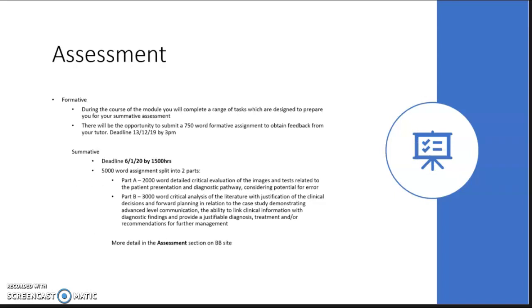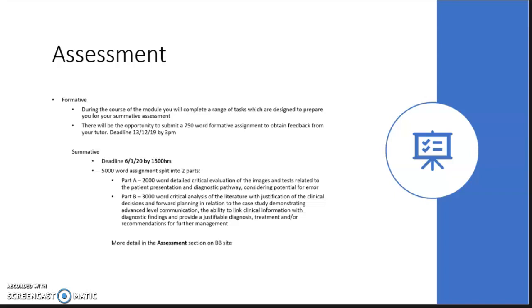So for the assessment side of things, your formative assessment will, during the course of the module, give you a range of tasks which are designed to prepare you for your summative assessment. There'll also be the opportunity to submit a 750-word formative assignment to obtain feedback from your tutor. The deadline for this is the 13th of December by 3 p.m. Your summative assessment is a 5,000-word assignment,